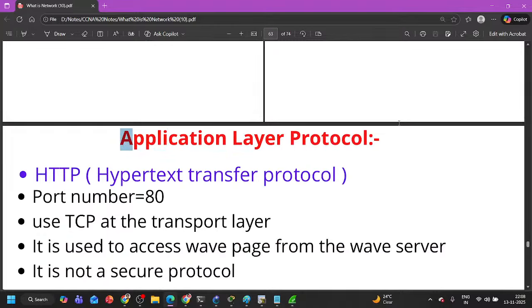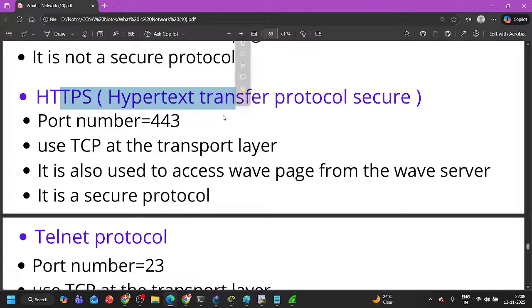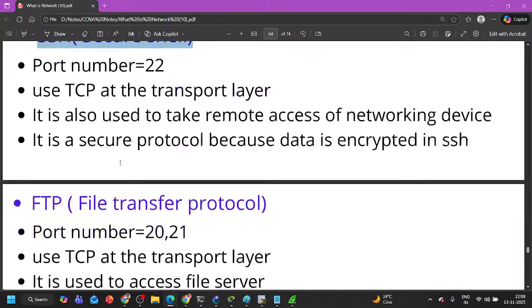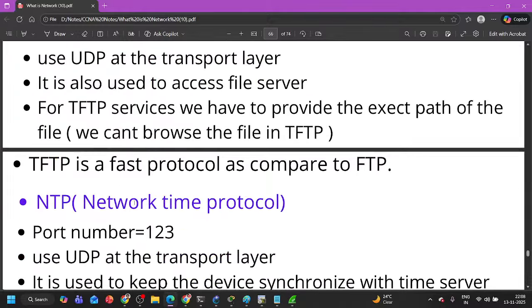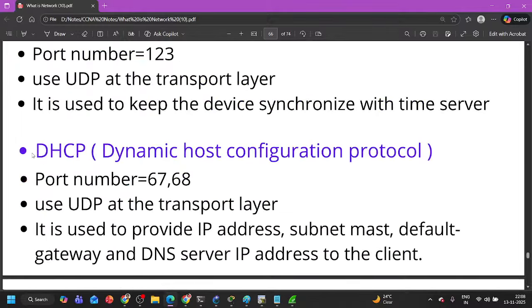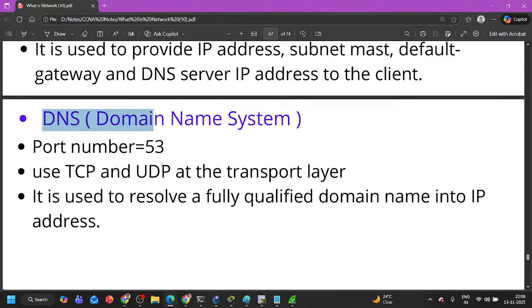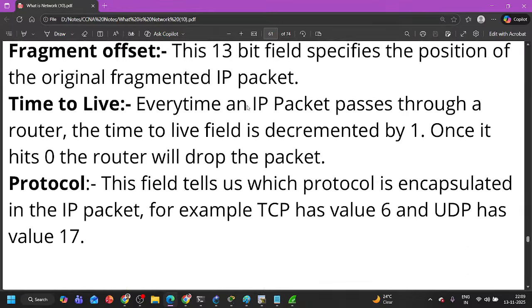Now in the next class, what are we going to discuss? These application layer protocols. See what I told you about application layer protocols: you need to learn the port number, what protocol it uses at the transport layer, and that's it. HTTPS, telnet. So we will have a lab on all these protocols. Here you need to test the actual packet flow for all these protocols, DHCP and DNS. These are the application layer protocols which we will cover tomorrow, and then I will come on